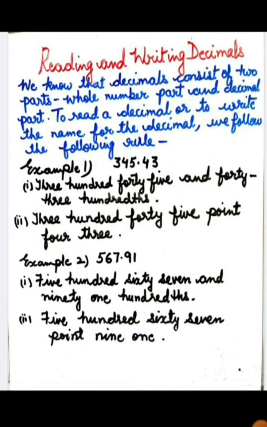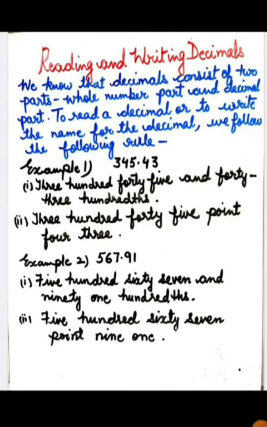Now, how to read and write decimals? We all know a decimal consists of two parts, the whole number part and the decimal part. To read a decimal or to write the name for the decimal, we follow the following rules. We can apply two methods. First one is, for example, the given number is